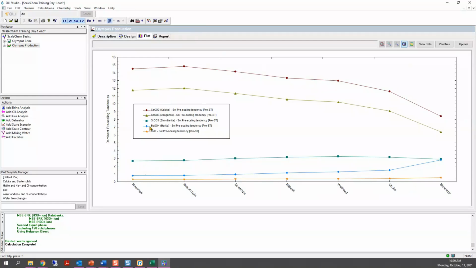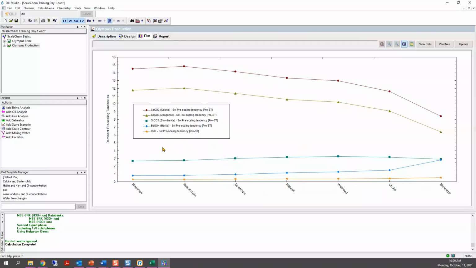So in this case, even barite, at some point it starts undersaturated, and you start seeing that maybe at a choke it is 1.51. So it starts getting supersaturated. So these are the potential solids that could form, but that doesn't mean that they will form, right? So what we need to actually see from this plot, more than just the prescaling tendency. The prescaling tendency values are important because they give us the driving force for precipitation to occur. But it's important to know how much of these solids will form.